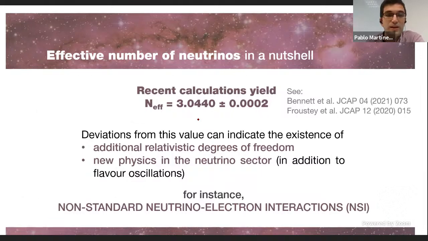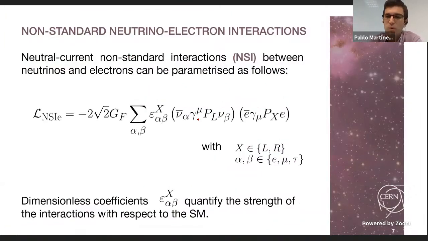So now I'm going to talk about that. So we will be focusing on neutral current non-standard interactions with electrons because they're the ones that have a larger impact. These non-standard interactions arise in many beyond-the-standard-model extensions, and that's why it's interesting to study them. And they can be parameterized in terms of an effective Lagrangian like this one, where I